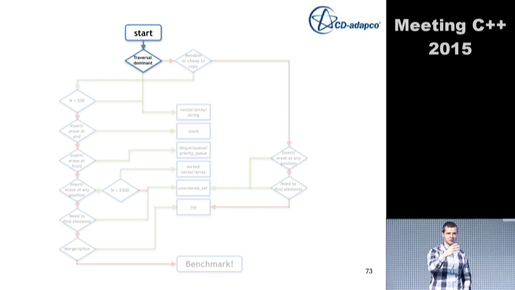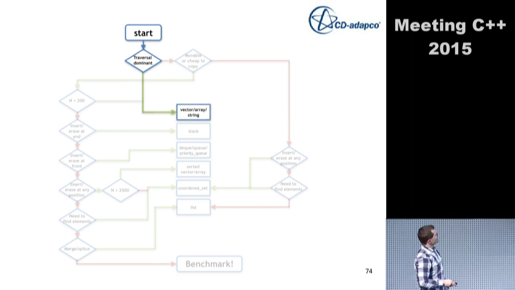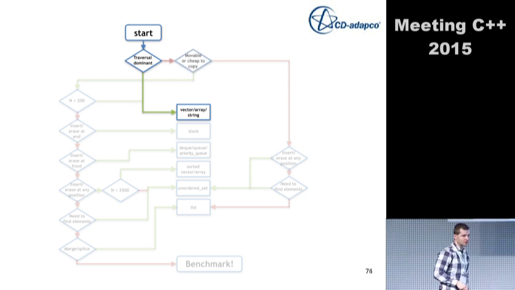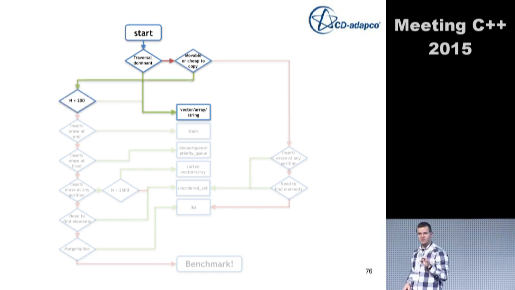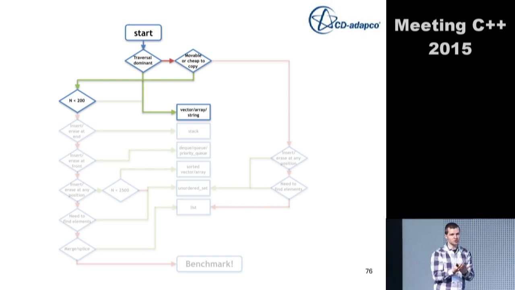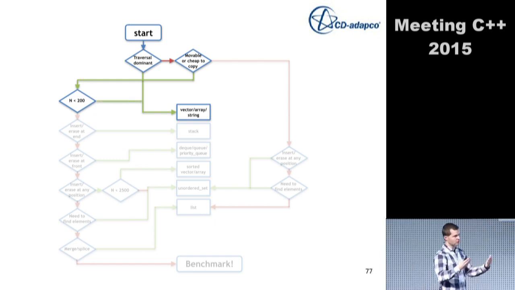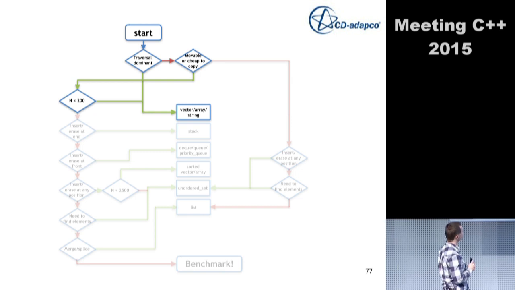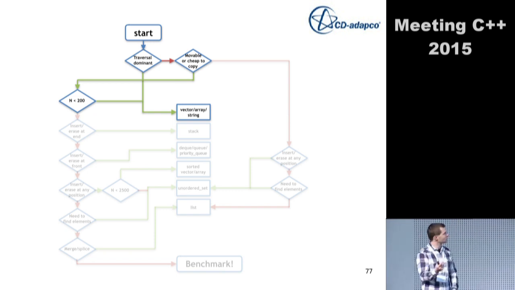Okay, so I didn't talk about array and string, but it's vector-like, so I think it's fair to just add it here. If this is not true, then if it's movable or cheap to copy, which int is, at this point, if you have a very small number of elements, so perhaps up to 200, a very reasonable choice, according to all the benchmarks that you saw, is to just use a vector, or a string, or array, or whatever vector-like data structure you have. It really doesn't matter if you have only a very small number of elements. Everything else will just add overhead or is not faster.